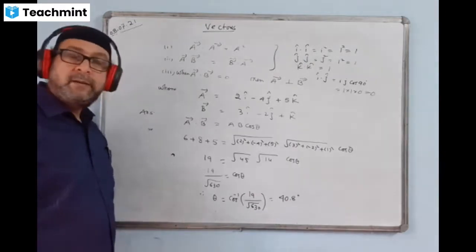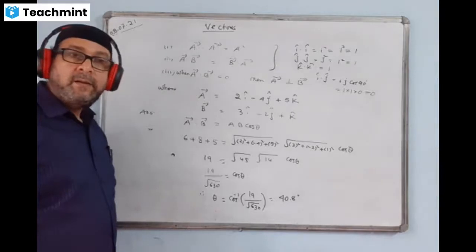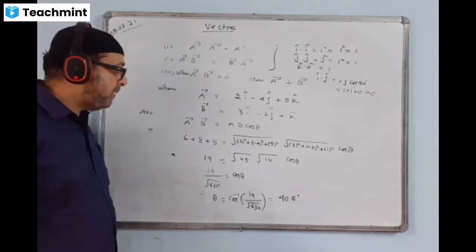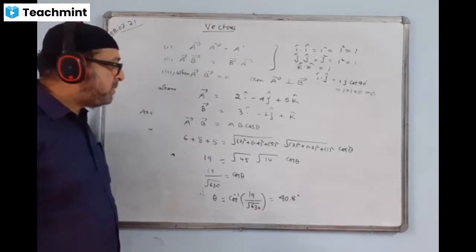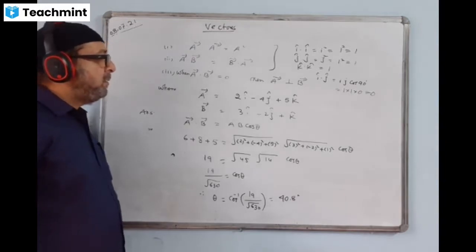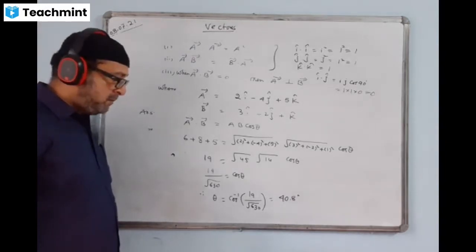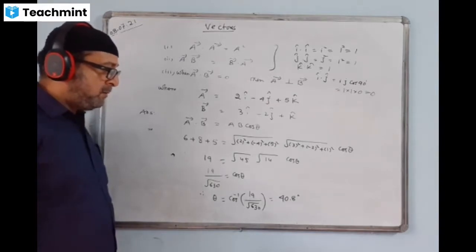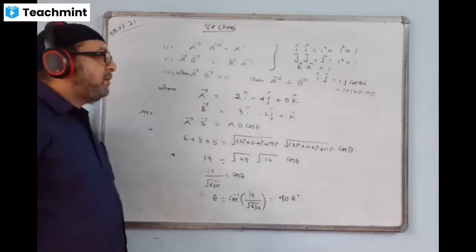It's okay. Sir, I had one question. Yeah, please do ask. Sir, a numerical problem, sir. A and B are two non-zero vectors such that mod of A plus B is equal to mod of (A plus B) divided by 2, and A is equal to 2B. Find the angle between A and B, sir.